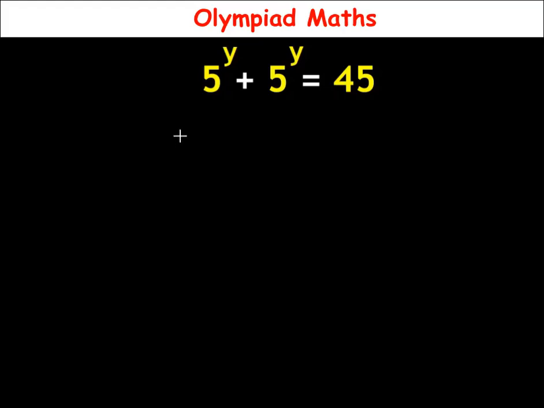Hello everyone, in this video let us solve this question. So we have 5 raised to power y plus 5 raised to power y is equal to 45, and here we have to solve for the possible value of y that will satisfy this given equation. So y is the unknown we have to solve for. Now to solve this, solution,